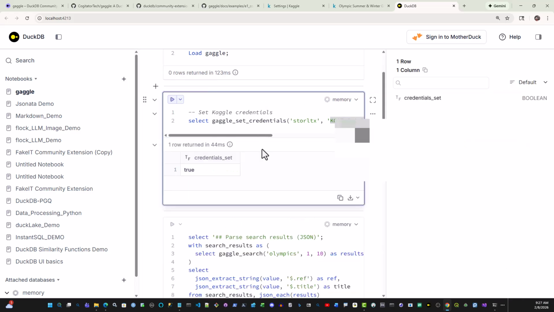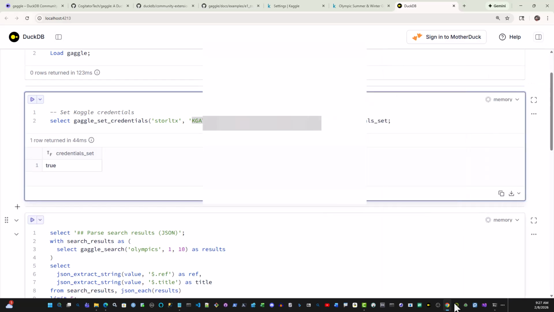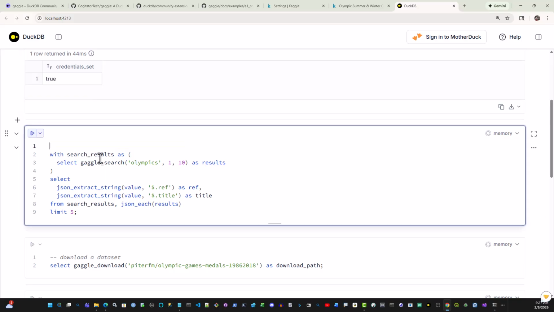So let's run that. All right, true. So now we have the credential set. Let's make a little more room for ourselves. Let's minimize this. All right, so the first thing I want to do then is, we don't need the select statement here. I'll create a CTE,